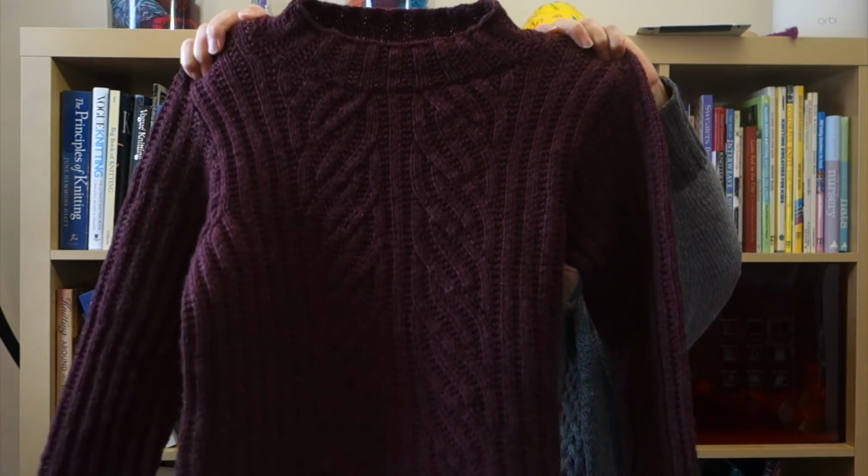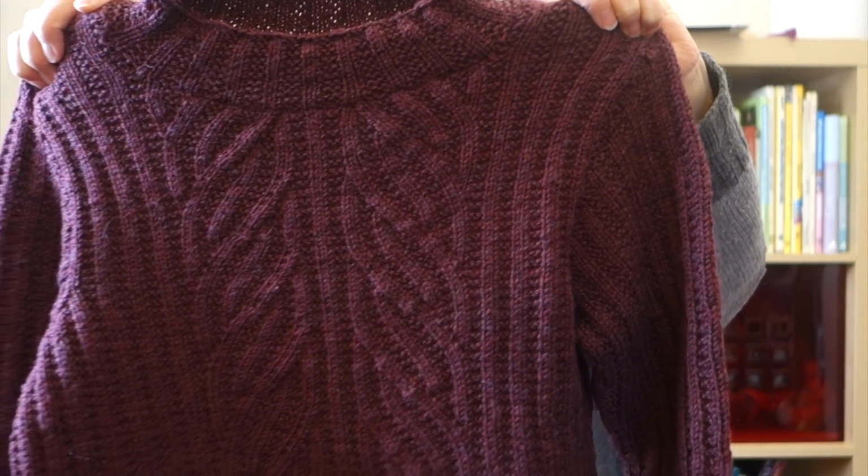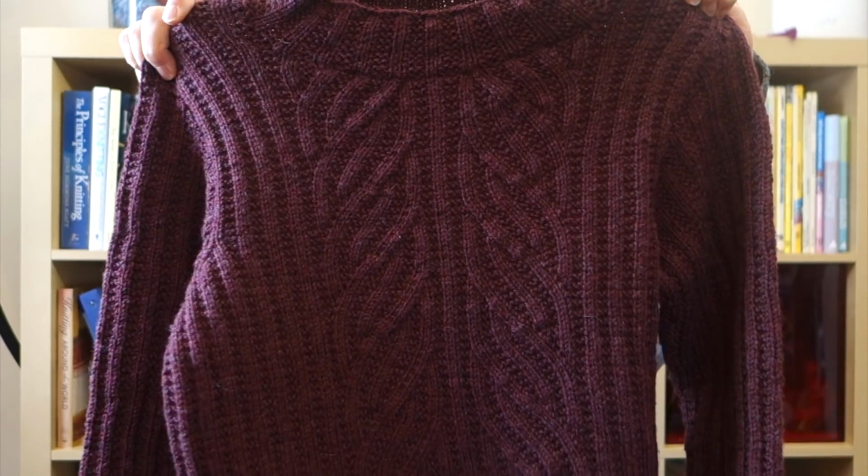The other thing, I finally finished my daughter's sweater that I started in September and took a break from in order to knit a sweater for myself. So I have finished her sweater. It's kind of a dark color, but it's the identical sweater to the one I made for my younger daughter earlier this summer. So I finished it when we were down in Santa Fe for Thanksgiving, and my youngest daughter was with us,